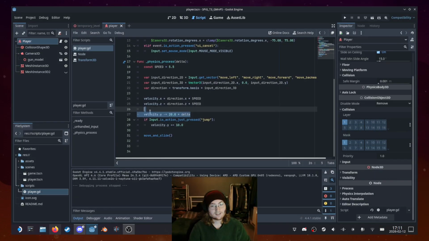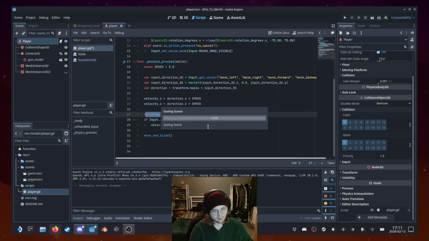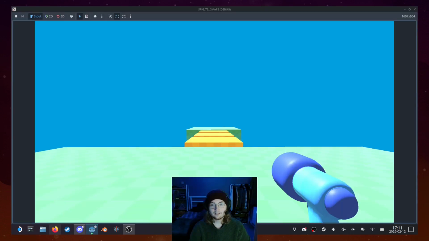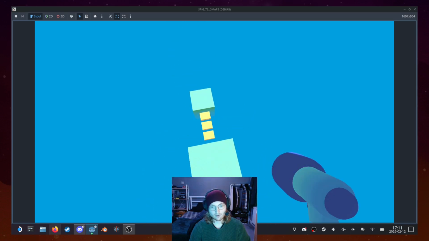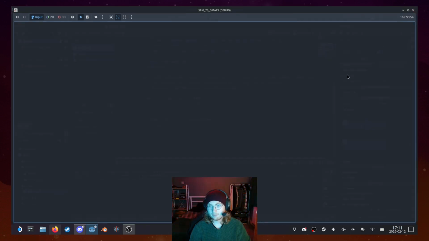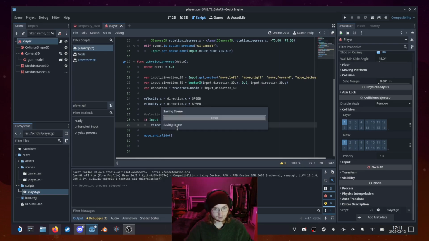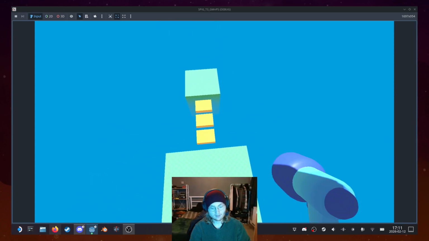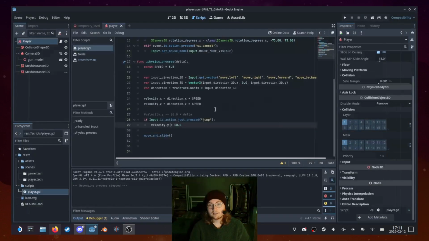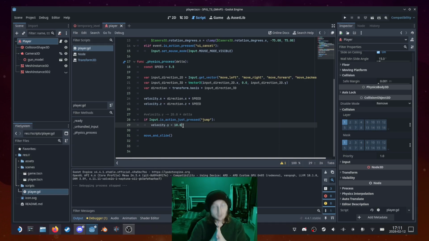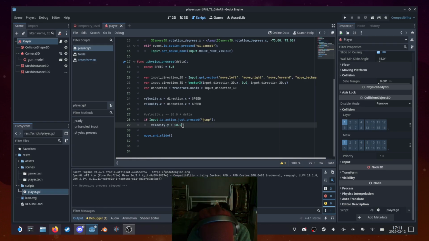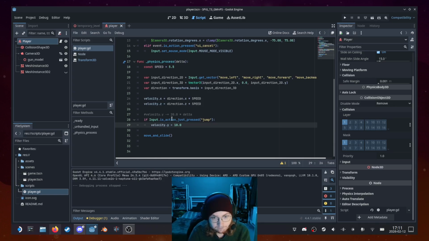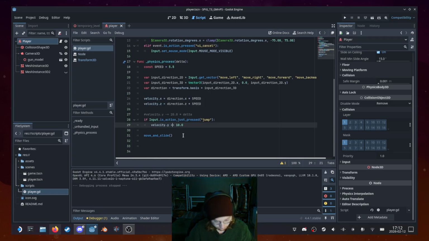Now, if we get rid of this, because we did this because we just went up constantly, if I still have it set to plus equals 10, then I'm just going faster each time I press space. But if I just do an equals, then it's not adding 10 each time. It's just constant. So I'm spamming space right now. So we do an equals 10 just to set it, plus equals to add it. Now because our velocity is, I assume it's being set to 0,